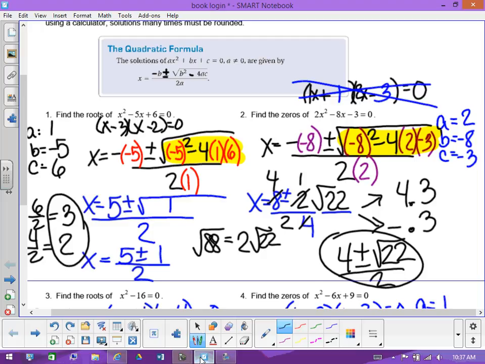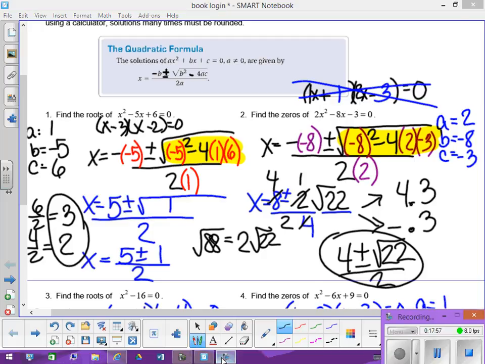What I need you to be able to do is to identify A, B, and C, put your formula correctly, simplify it to where all you have is something under the square root. If it's one of those numbers, makes it easy. Take the square root, you're done. Like we did on that first one. If not, leave it. I will give you partial credit if you could put things in the correct place and you've narrowed it down from this. If you kind of get stuck after that, we'll work with it. Okay? So, the reason